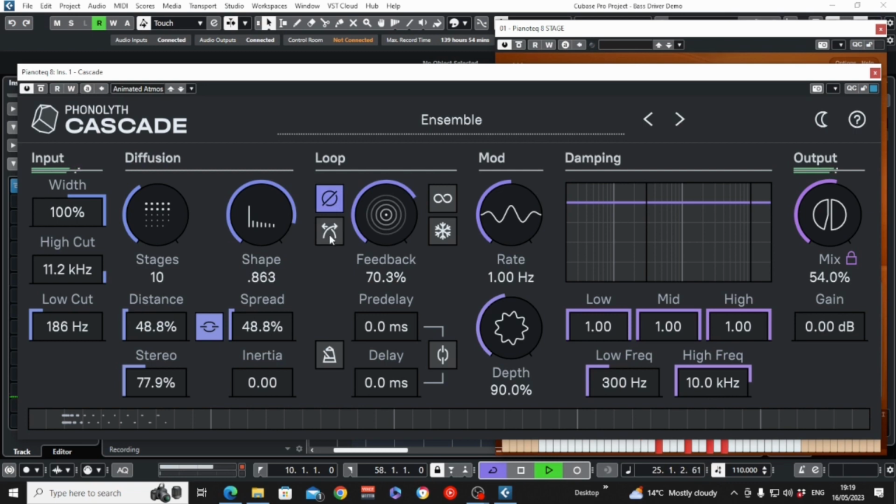And this button switches the left and right channels of the feedback loop. We can set the feedback loop to infinite here. This option is still allowing new signal into the loop, so you'll hear it build and build. Be careful with this. The freeze button sets feedback to 100%, but stops accepting incoming signal, so effectively it has now created a blanket reverb backdrop, but isn't affecting the piano sound at all. So if I press stop,